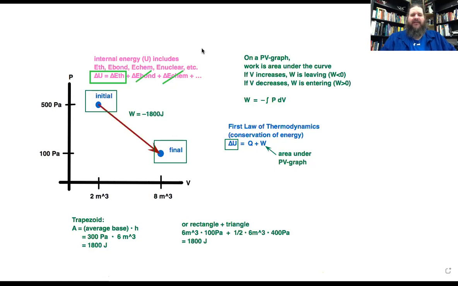Delta U is path independent. It doesn't matter what process you go through, what path you take. All that matters for delta something is initial and final values. So we can calculate delta U based on the initial and final values. And for that, usually using some formula,